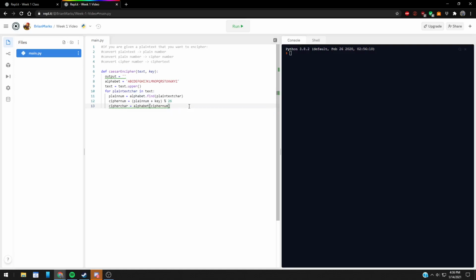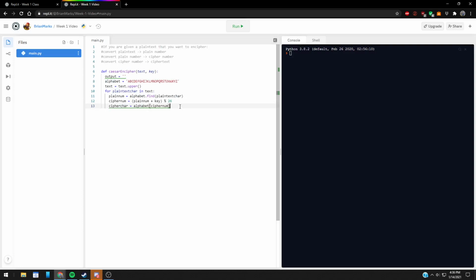This value right here. Basically, this bracket is sort of the opposite of this find. Find searches this variable for this character. The brackets say we have the location. In this case, we'll say this is 5. It'll go find whatever's in the 5th slot, and we're going to return that